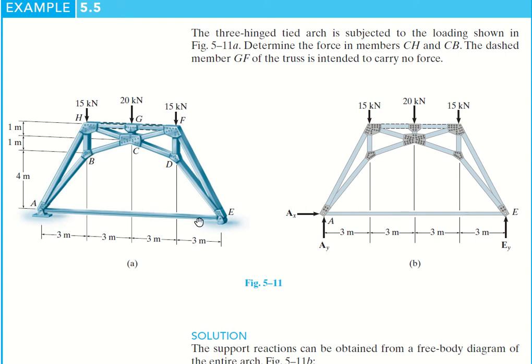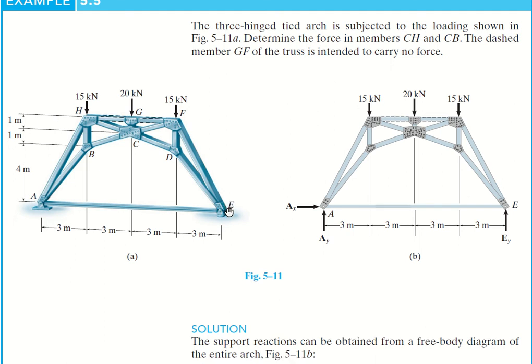You are given the dimensions, for example the horizontal distances of all the points and the vertical distances of all the points. Now this is not your typical parabolic arch, and it is also not subjected to a UDL load. So this is a different case as compared to the previous one. This is your free body diagram, right? At support A, AX and AY, at support E, EY. Please note that this is your hinge condition and this is your roller condition. So this is a determinate arch, and this is not a typical 3-hinged arch.